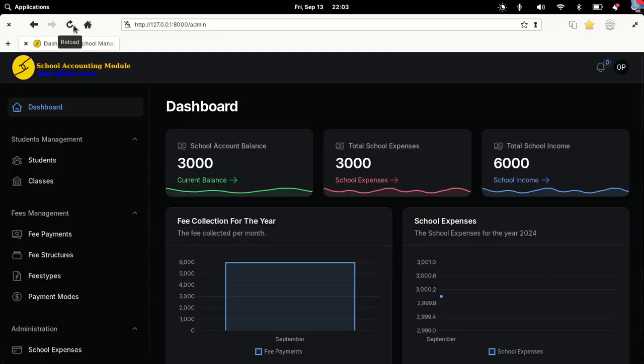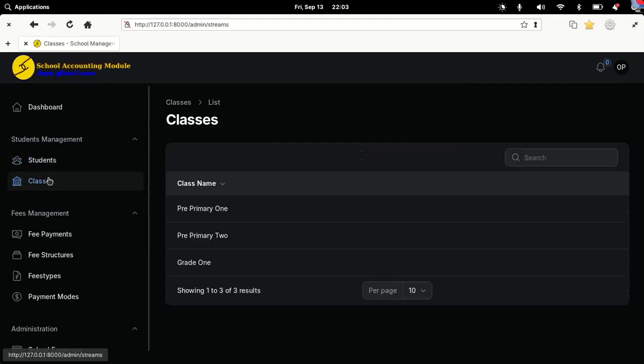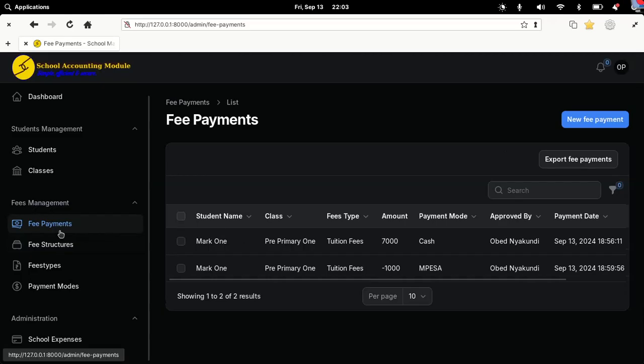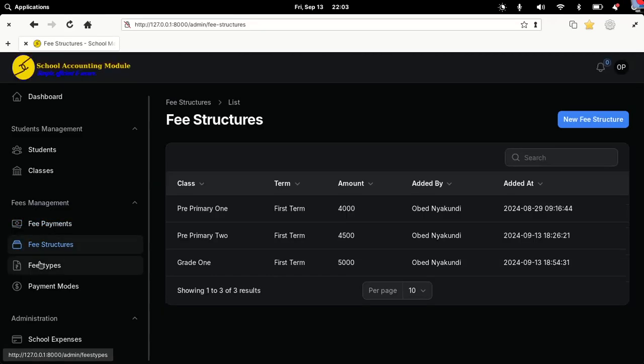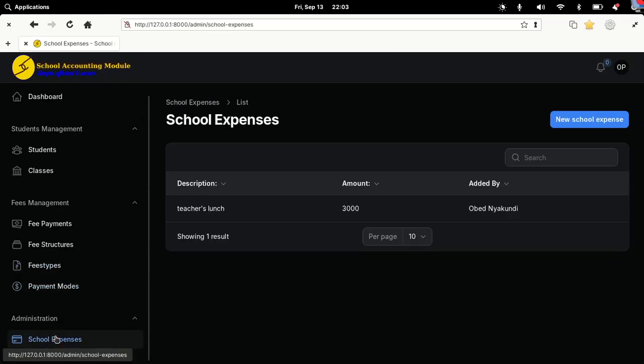it looks bigger now. I'm able to view students, but I can't add. I can only use the filters, but nothing more. I'm able to view the classes, but that's all. I can't edit, I can't update them. Same for students. But for things to do with finances, I have all the powers to do as I wish: the payment modes, the school expenses. And all these powers can be added or taken away depending on what the administrator grants to the